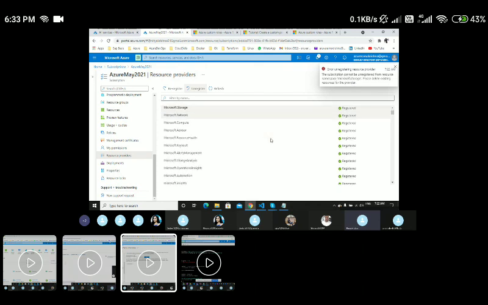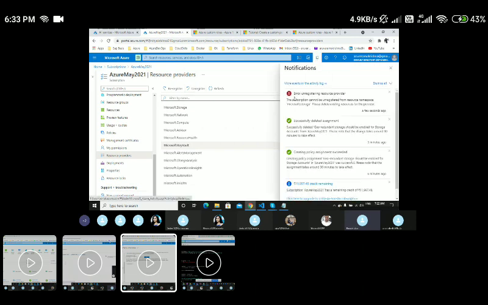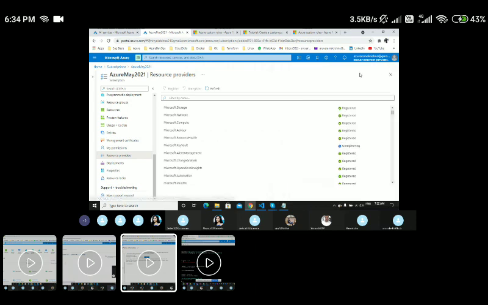Let me show you for some other resource like a key vault. Don't worry about what is key vault. I'm just showing you if I wanted to perform this activity, how can I do this? And if you see, I'm just performing this unregister of this particular service, that is key vault. Key vault is something like, if you wanted to store your secrets or passwords or any certificates, we can store it in a key vault. It is kind of a secure place.